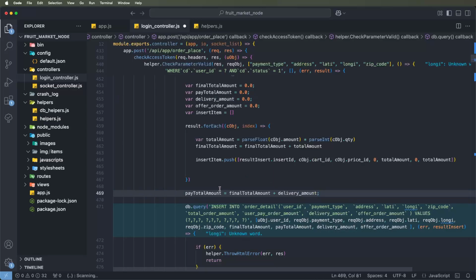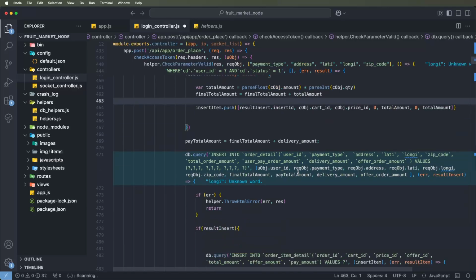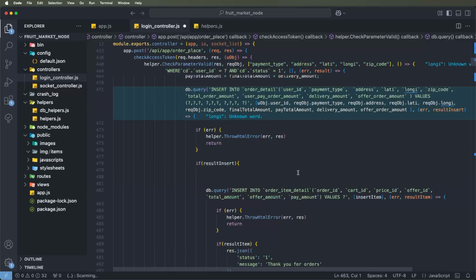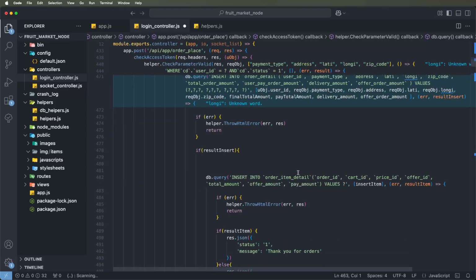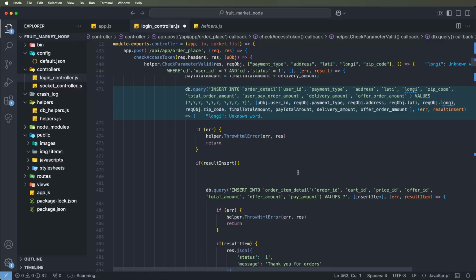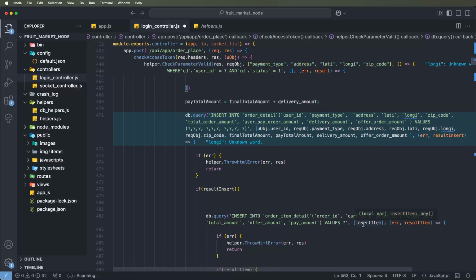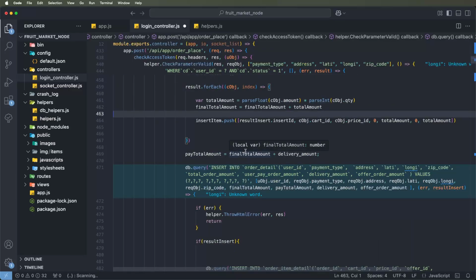Next we need to configure the total pay amount for these conditions, set this data for these payable amounts, and we need to pass the records, insert records,